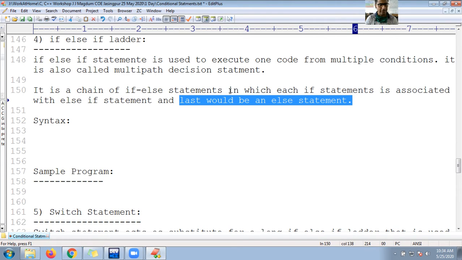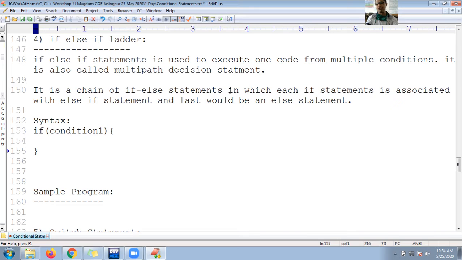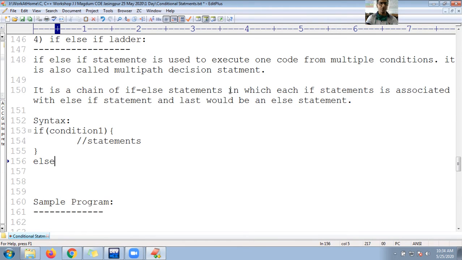Okay, fine. So what is the syntax to work with the if else ladder? First, I use if with your expression, or you can call it your condition. So condition 1 or expression 1, and these are some statements to execute. Then I can go for else statements.